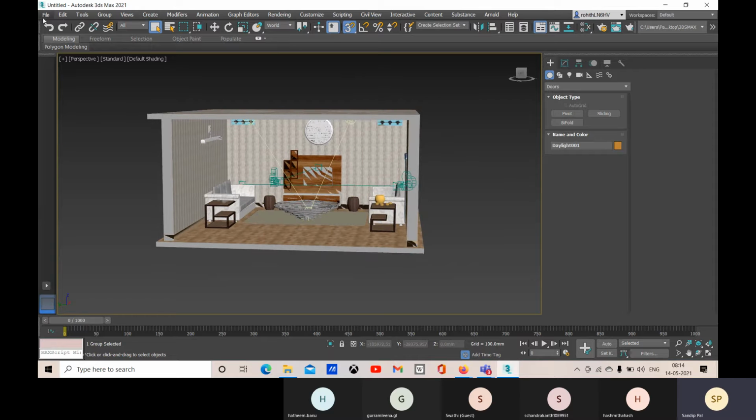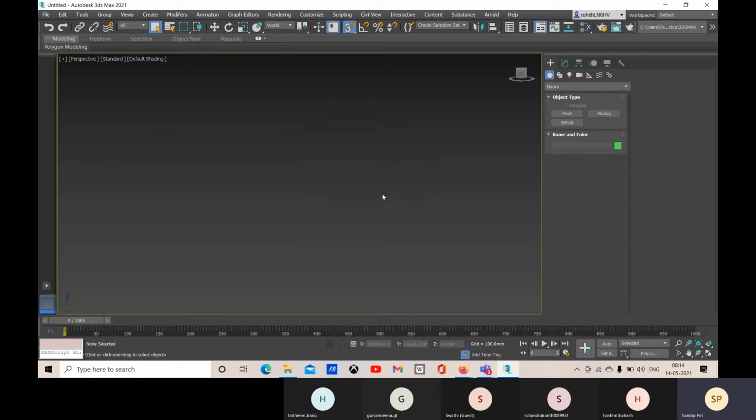So now let me just create another new file. Let's not save this, and Z to zoom. So now I will show you how you can create a complex object or a model with all the details.